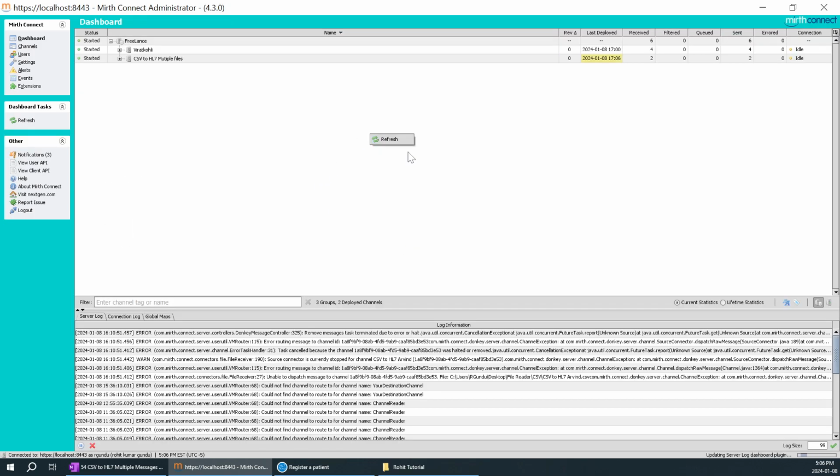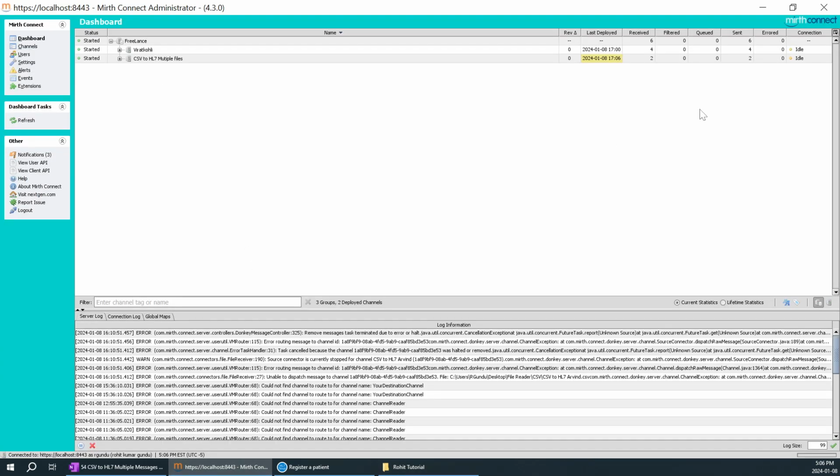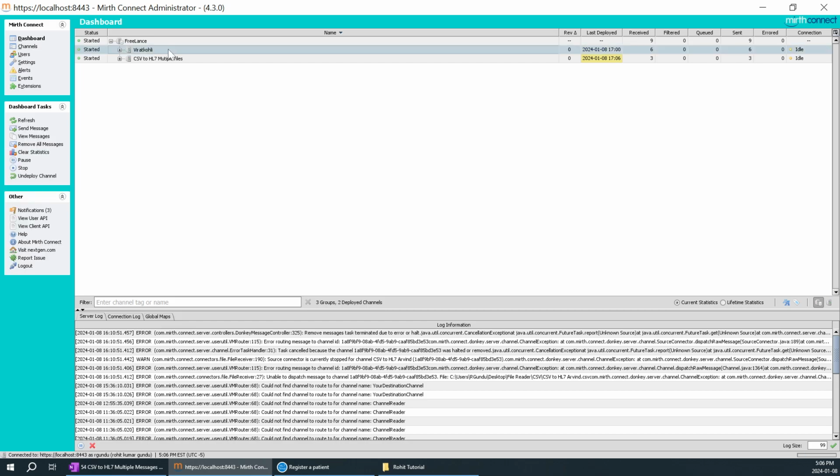Amazing. Yep. So we have 4 images over here, which were not in proper HL7. Now it should be in HL7. I'll drop this file over here and we'll wait and see. The 4 should change to 6. Amazing. We'll go to Virat Kohli